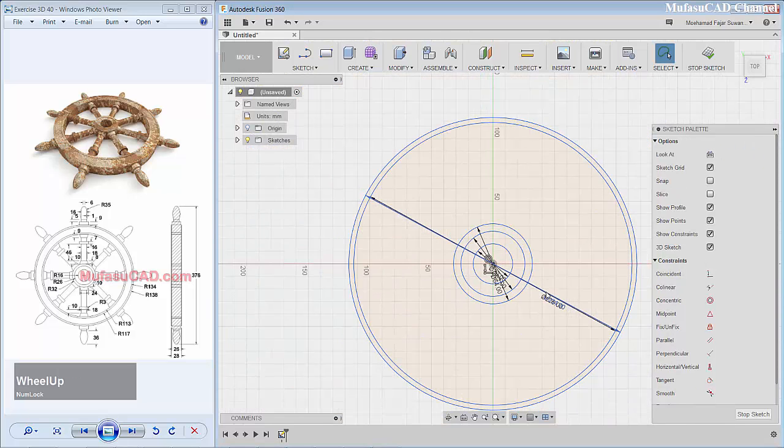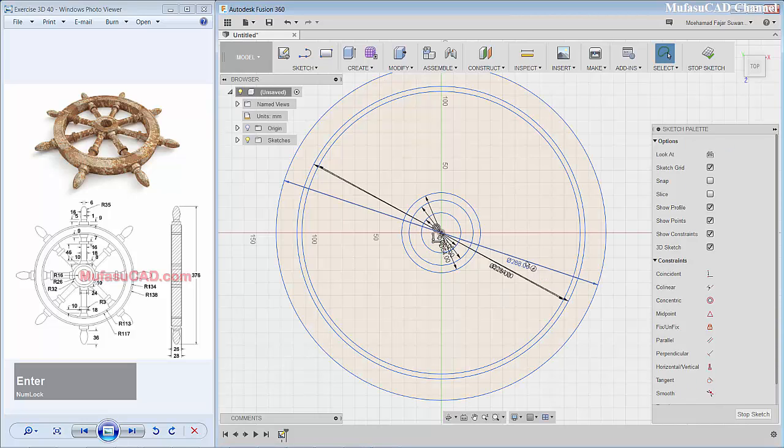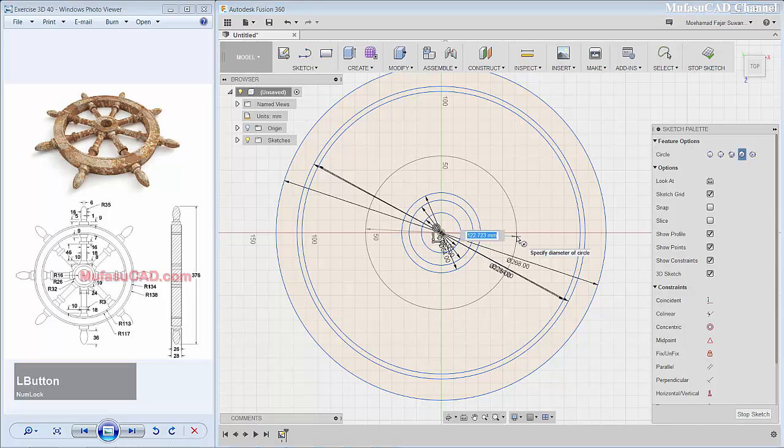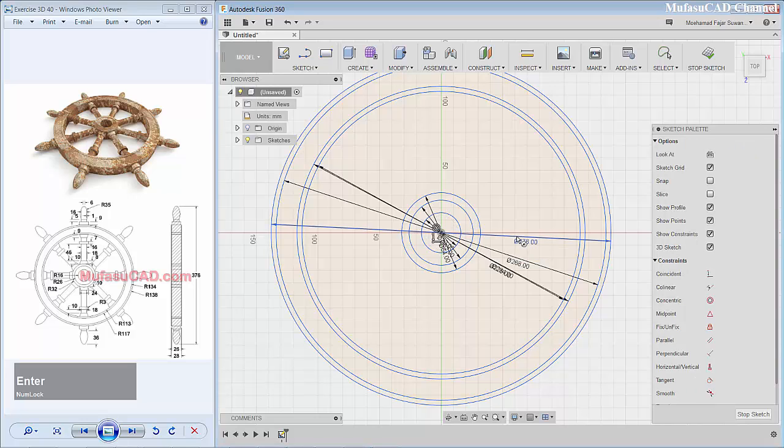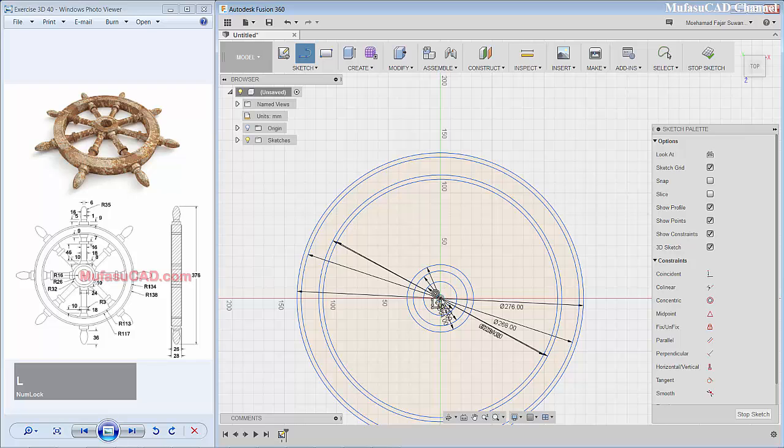I will create a circle start from this point with diameter 268, and the last circle I will create in here with diameter 276 and enter.